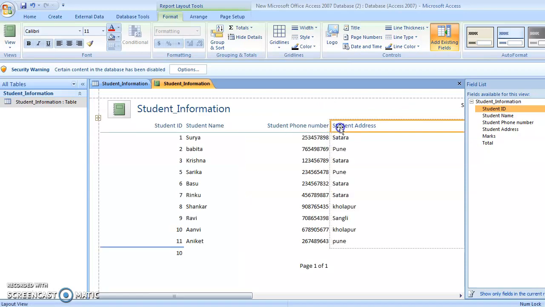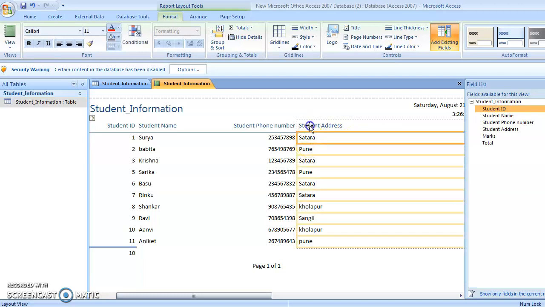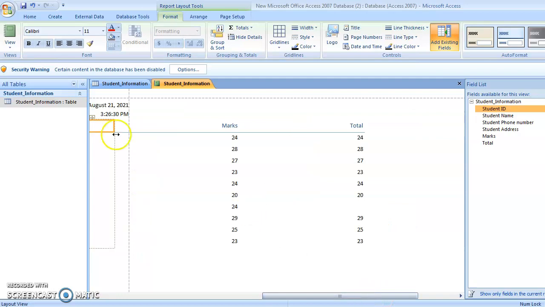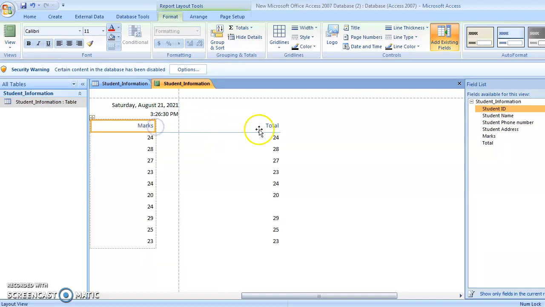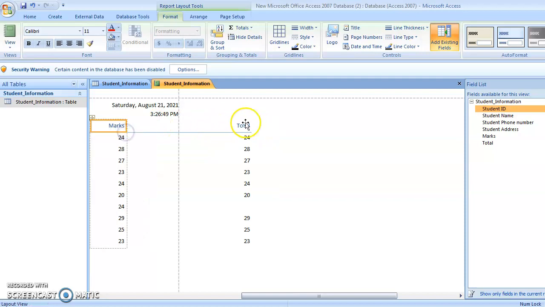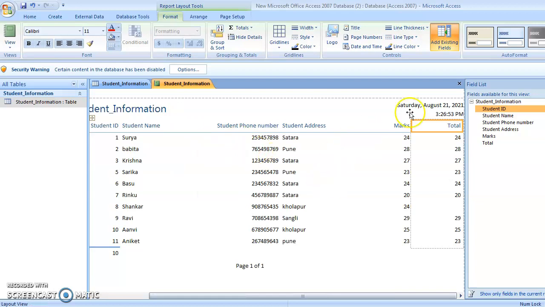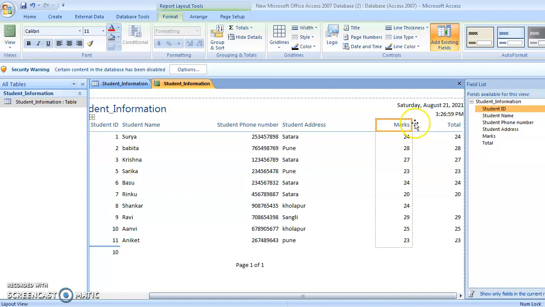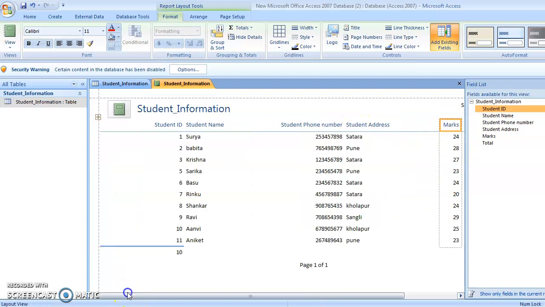Okay, so you can arrange your view. You can arrange your report like this. Okay, so this is my report.